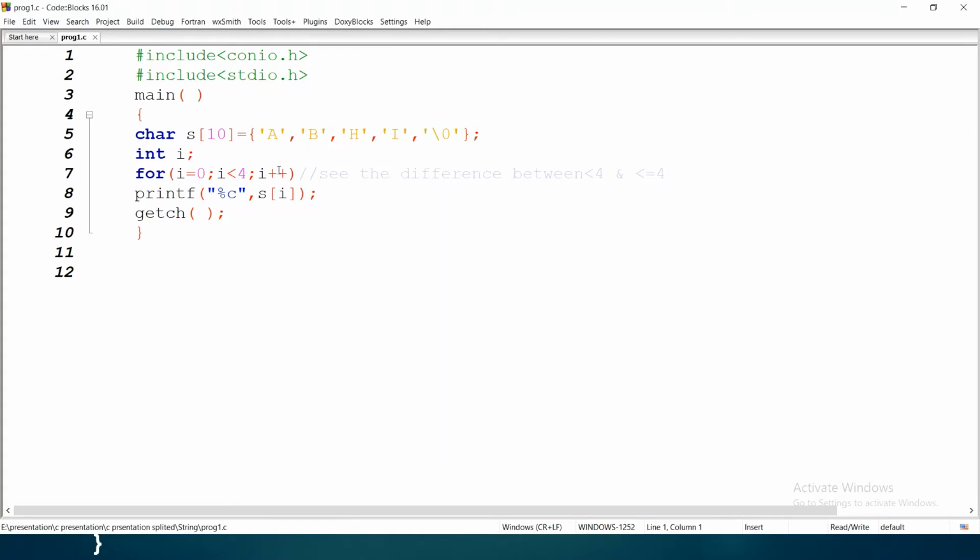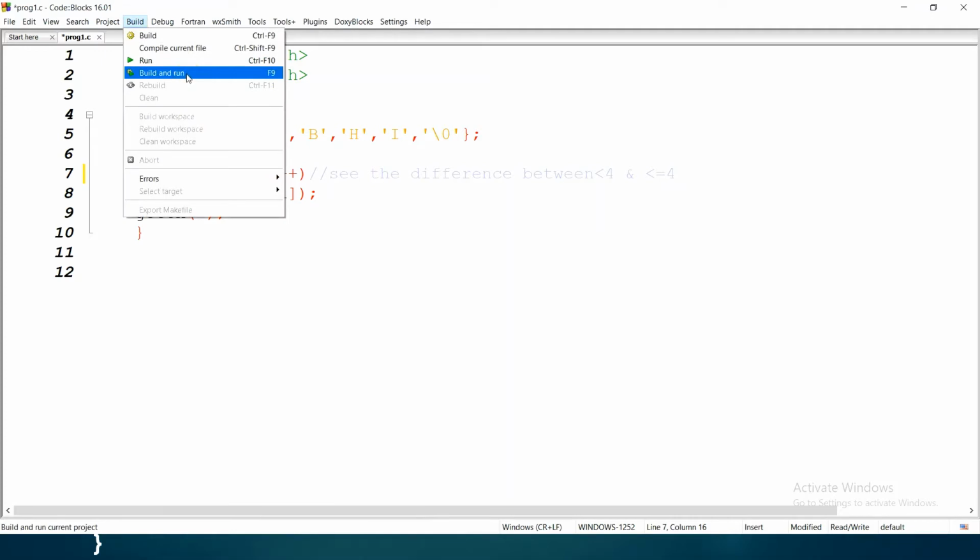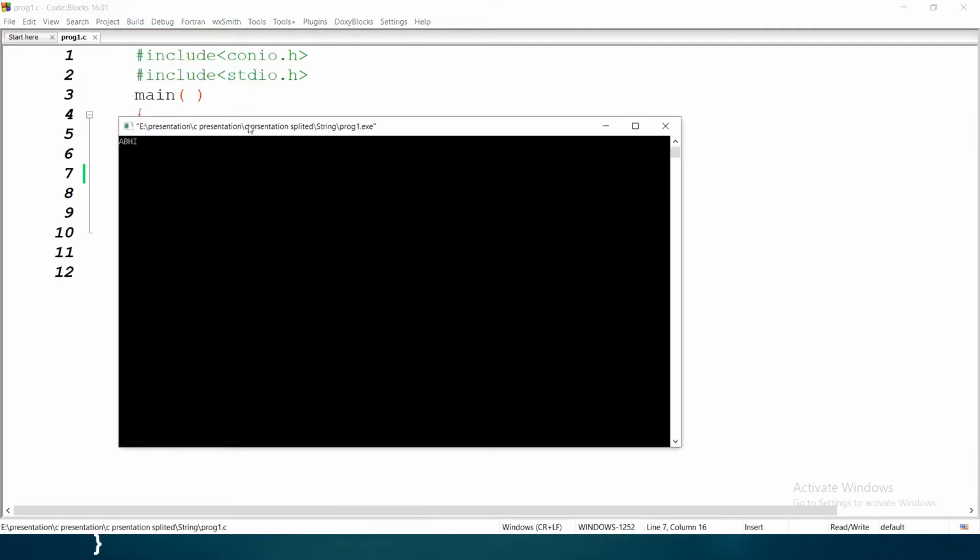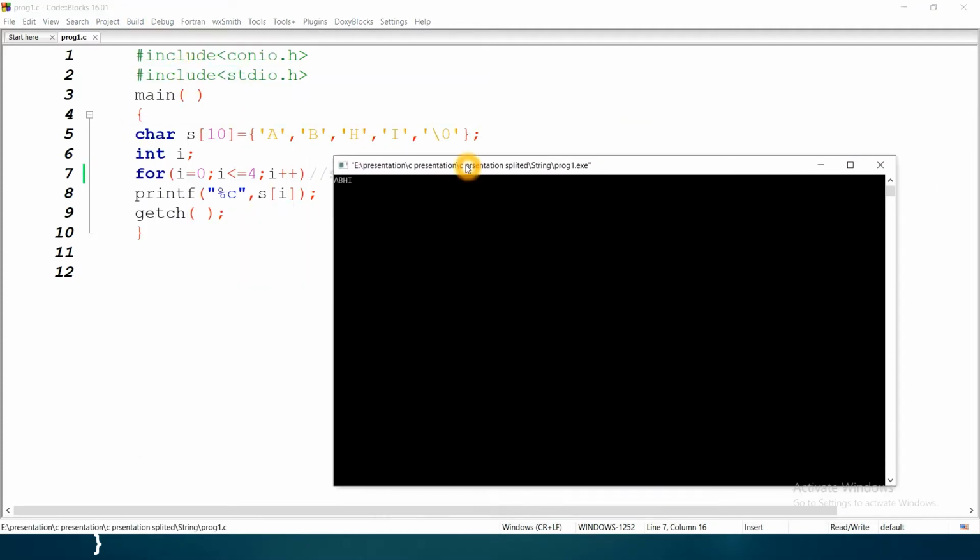So when I give less than or equal to 4, then 0, 1, 2, 3, 4. When I run the program, see where the cursor is blinking. The cursor is blinking after V, there is one gap. Then the cursor will blink, meaning \0 comes. But \0 is a non-printable character. That's why the blank comes.